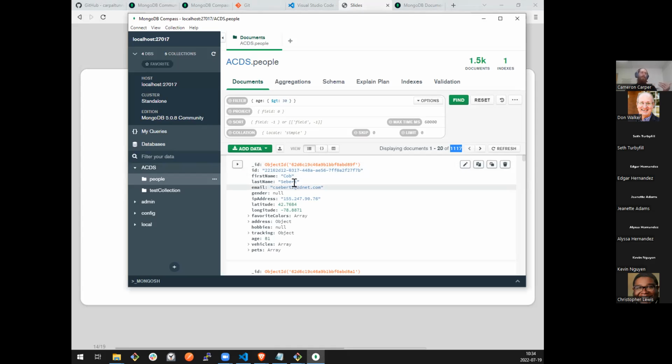So I'll go back to first name since I have a new person here. I haven't seen him on the top before. So I want to say that I would like to query all my documents in this database where the first name is in. Whenever we talk about lists of things in JSON, we're always talking about arrays. So since I'm saying that the first name needs to be in this list of things, the list of things I provide needs to be an array. So I will declare an array here with our square braces or square brackets.